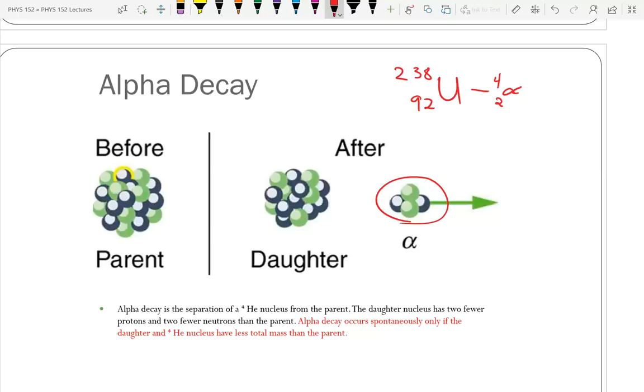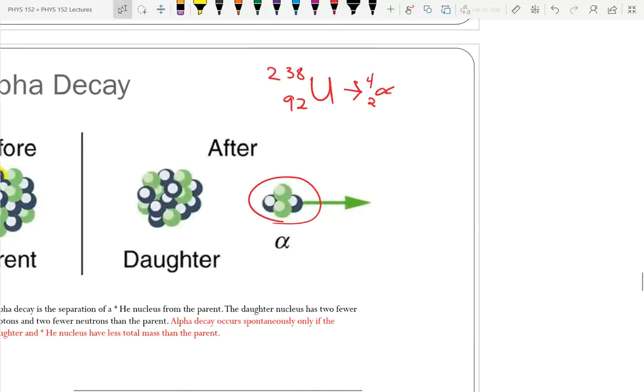So what we have to have is a balance. We have to have the total number of protons we start with equal to the total number of protons we end with, neutrons, same thing. So it's going to have plus something else. How many protons am I going to have if I started with 92 and I give up 2? 90. Look back at the periodic table. What element do I have if I have 90 protons?